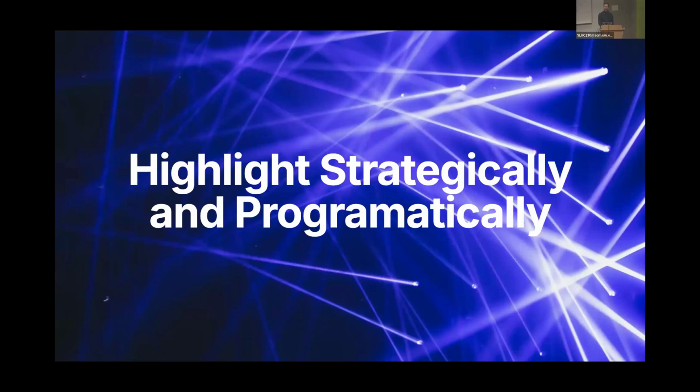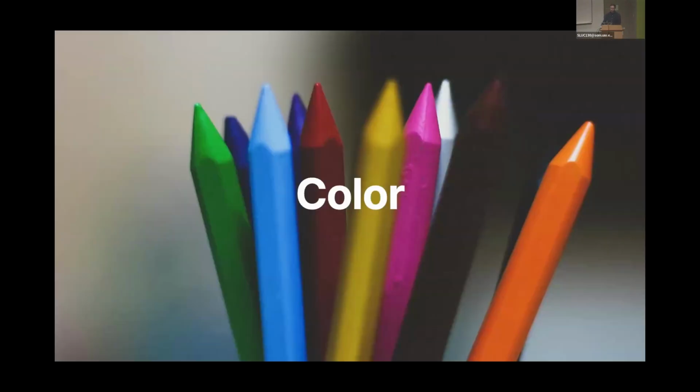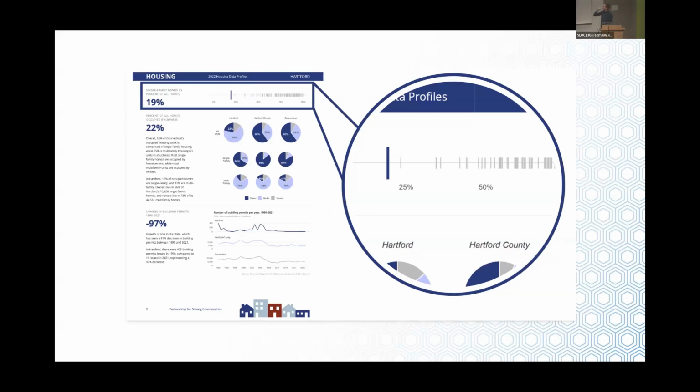Last set of tips is to highlight strategically and importantly. And when you do this, it's important to think about using various aesthetic properties, things like color, size, shadow, outline, and opacity. Just to give you a couple examples, this is a plot that we made looking at the percent